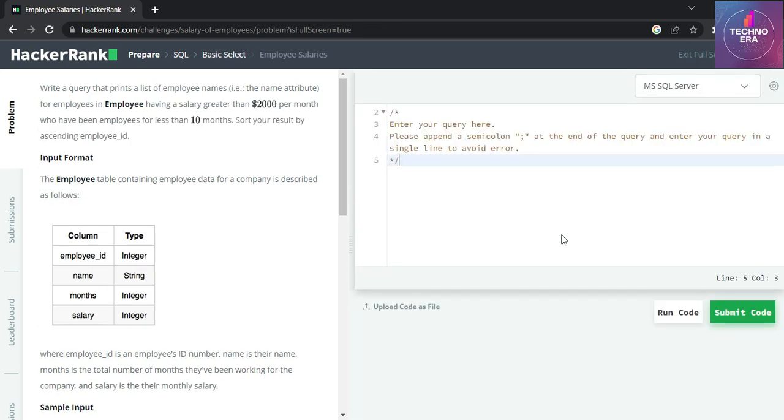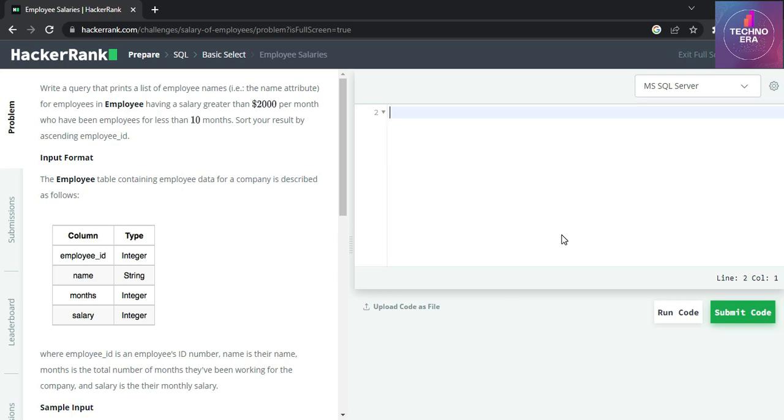Coming to the next problem, employee salaries. Write a query that prints a list of employee names for employees in employee having a salary greater than $2,000 per month who have been employees for less than 10 months. Sort your results by ascending employee ID. So select name of the employee from employee table